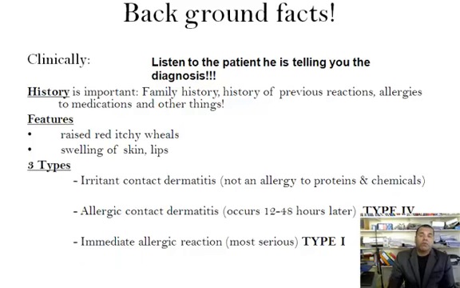So when we bring this back to the clinic, remember to listen to the patient who's telling you the diagnosis. So the history is so important, family history as well as history of previous reactions, the allergies to medication and other things. Features clinically may be raised, red, itchy wheals, swelling of the skin and lips, and there may be 3 types of